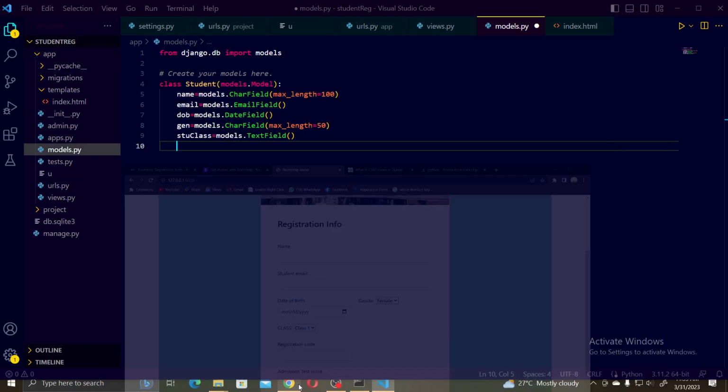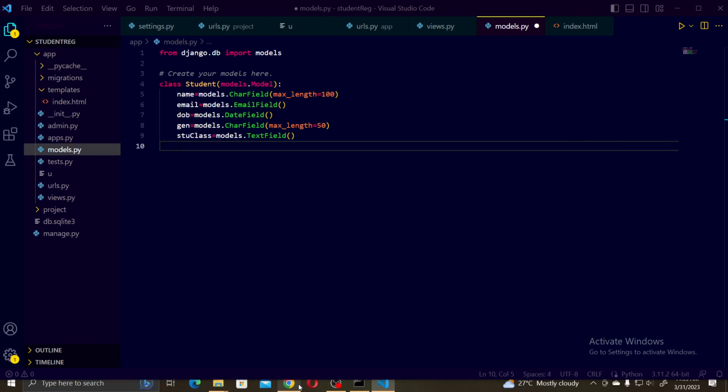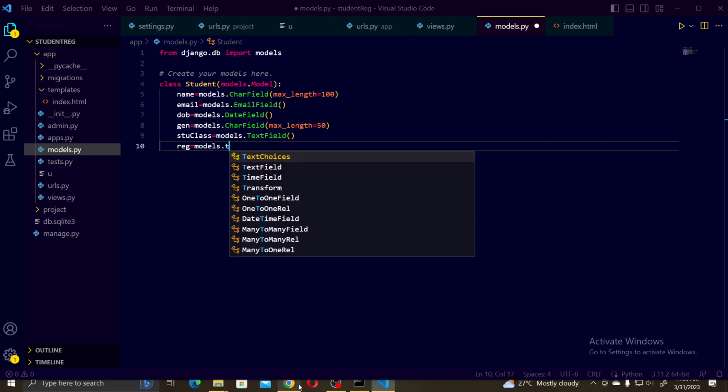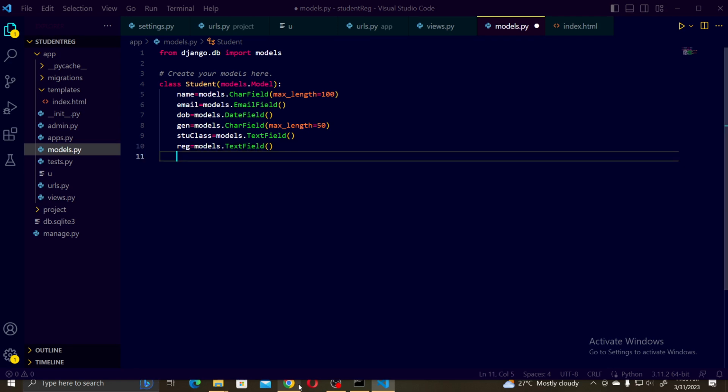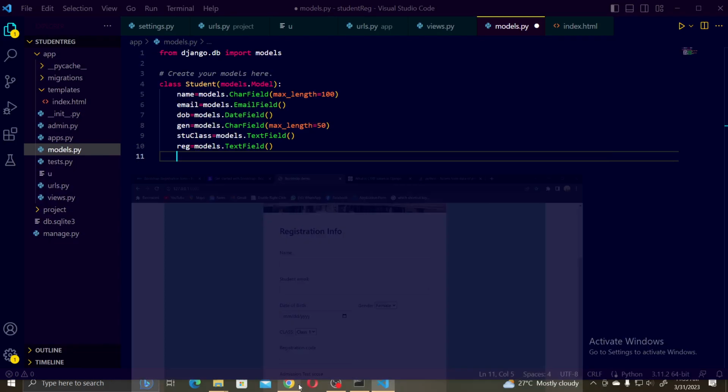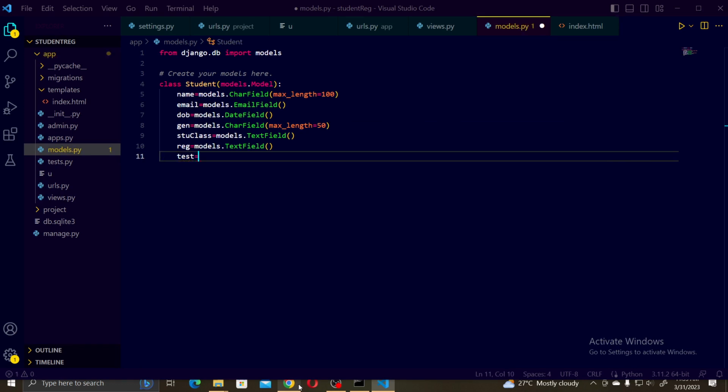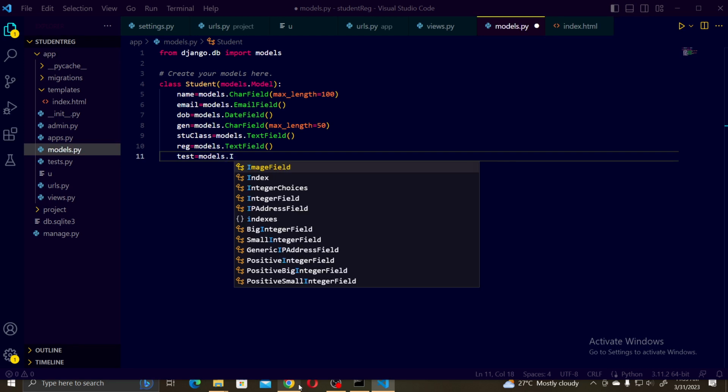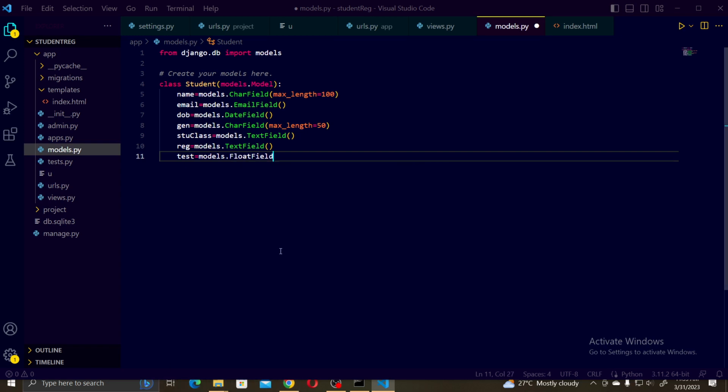And now after the registration code, this should be text field, reg, models dot text field, and now again test score, models dot integer field or float field. Okay, so these are the models here,